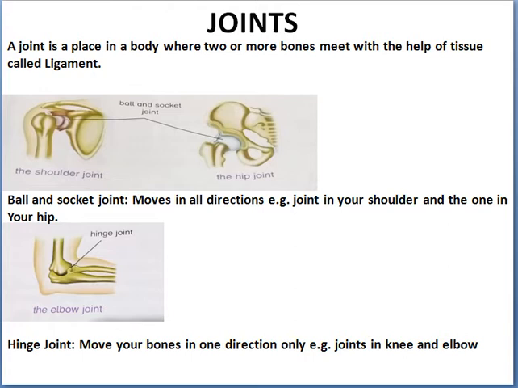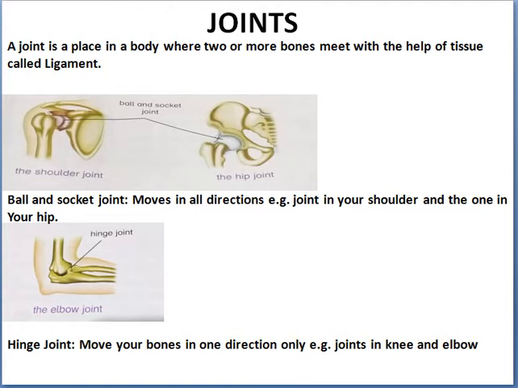You all must be thinking, what is a ligament in the body and what does it do? Ligaments are bands of tough elastic tissue around your joints. They connect bone to bone, give your joints support